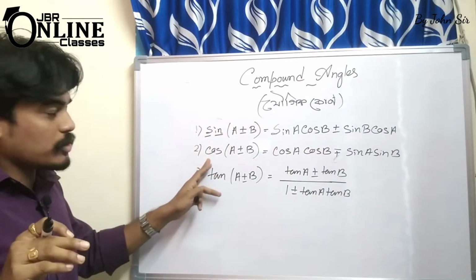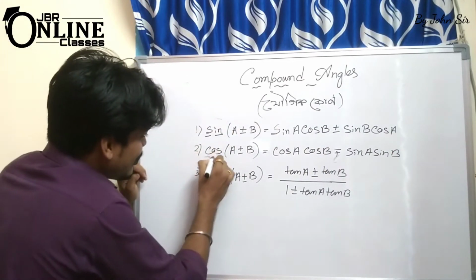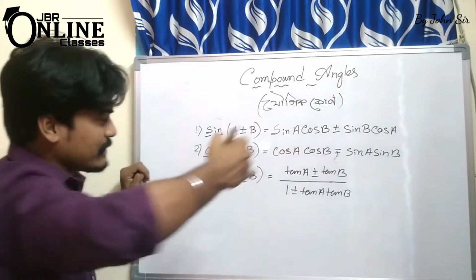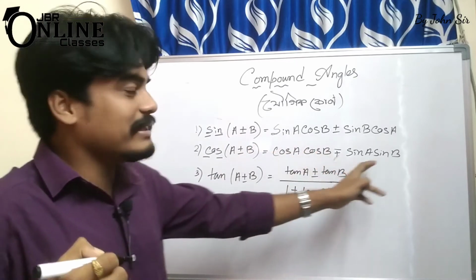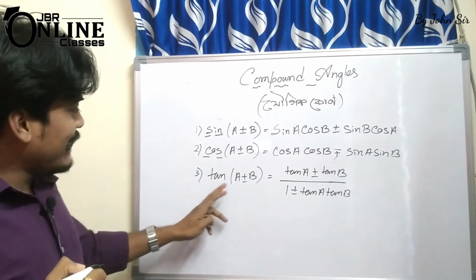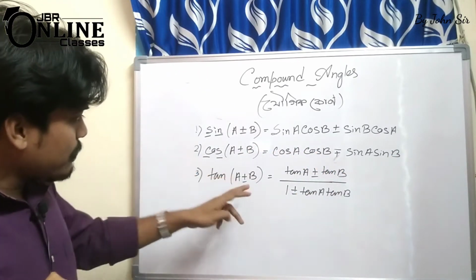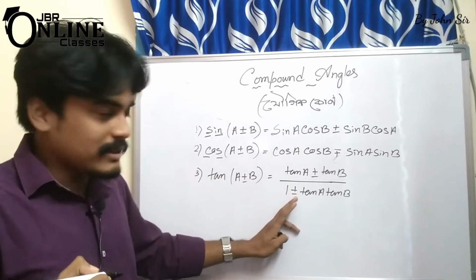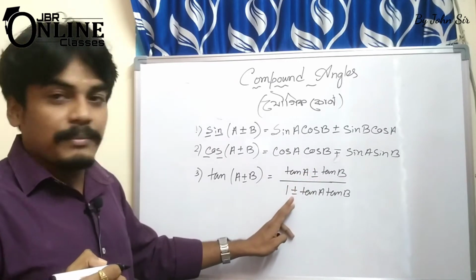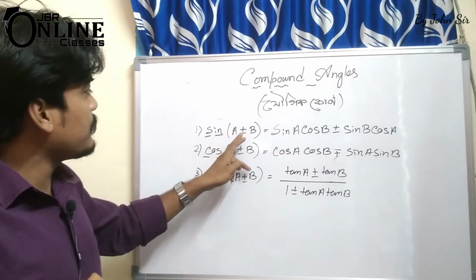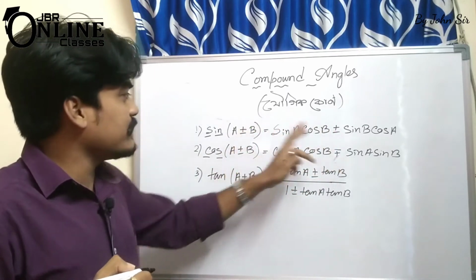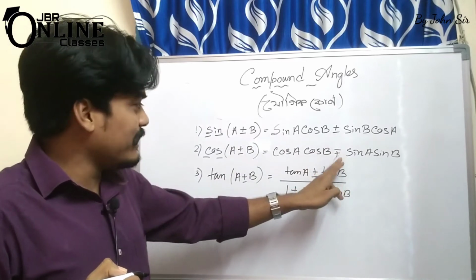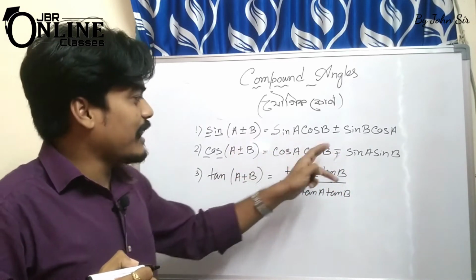Now next here cos. Cos is C and S, that means first you have to write down the C and then you have to write down S. So for C it's cos and for S it's sine. And the last one, tan A plus B. In tan A plus B, just remember that in the upper portion when it is plus, then in the lower, that is the denominator, it will be minus. And if there is minus, then it will be plus. For sine, if here is plus, it will be plus, here minus, it will be minus. But for cos, if here is plus, then on the right hand side it will be minus. If left hand side is minus, then right hand side will be plus.